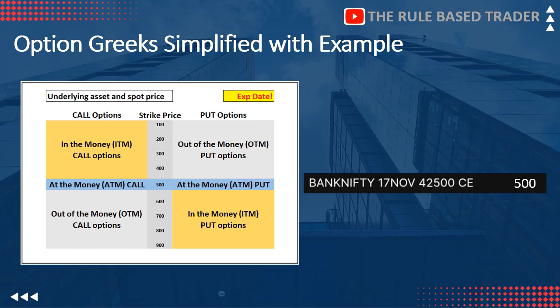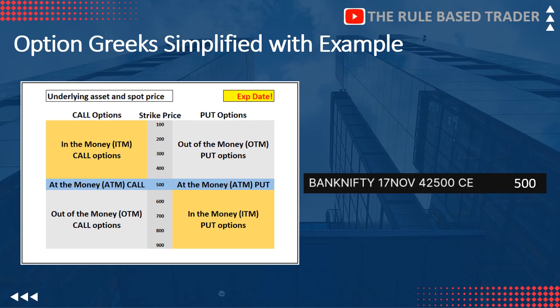Suppose the at the money call option is valued at 500 rupees and delta for an at the money call option or put option will always be near 0.5, which means that if the Bank Nifty moves upwards towards like 42,600 or 42,700, my delta will start moving from 0.5 towards 1, and every